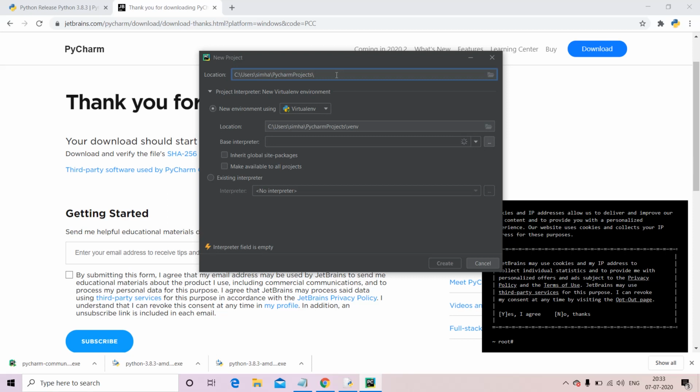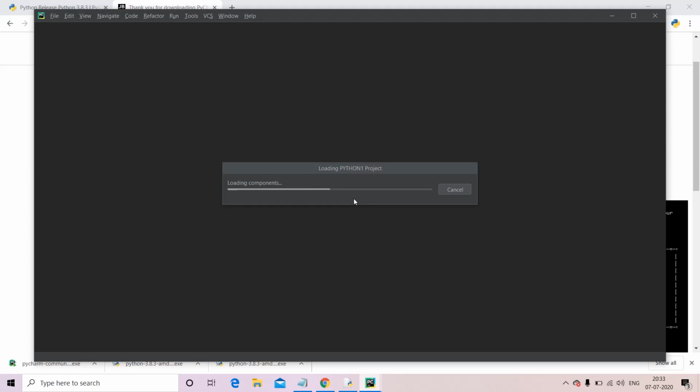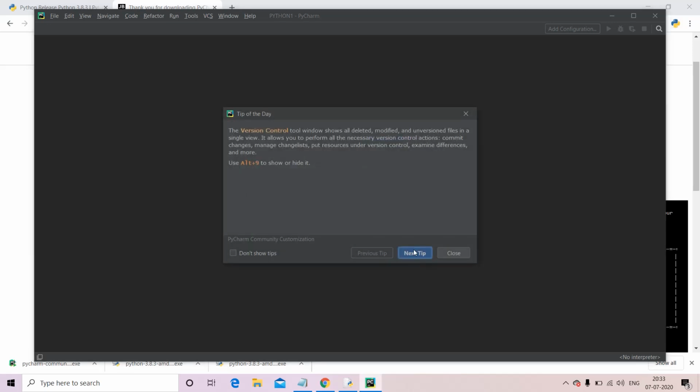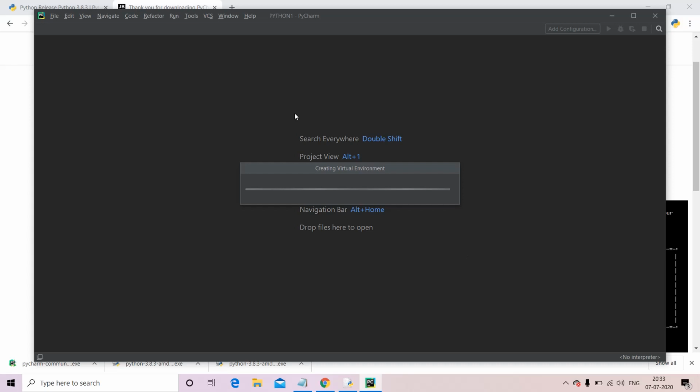I am naming my Python project Python 1, and then you can create your project. It navigates you to a window like this, and PyCharm always provides you tips like this. You can take them or you can just close it, okay?